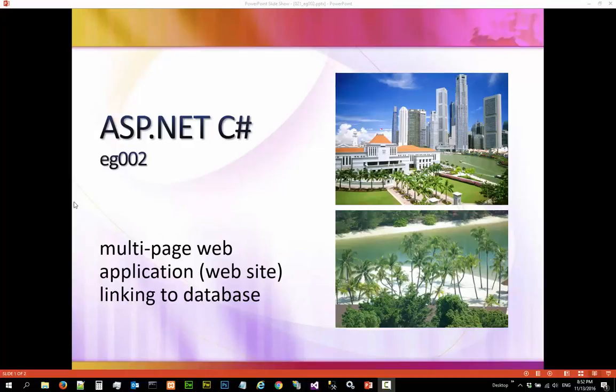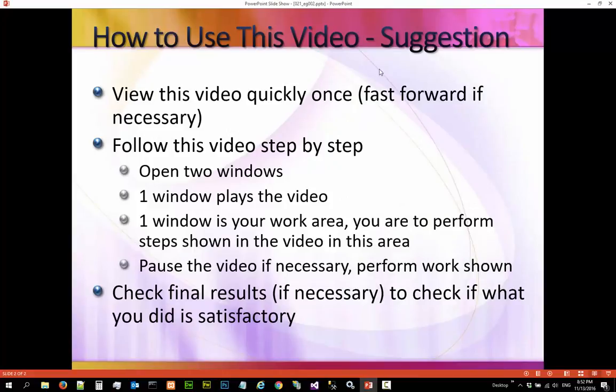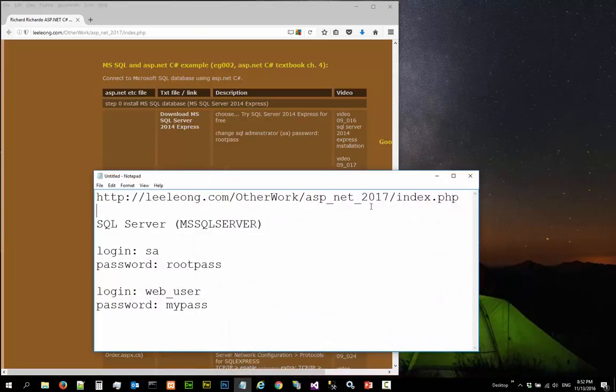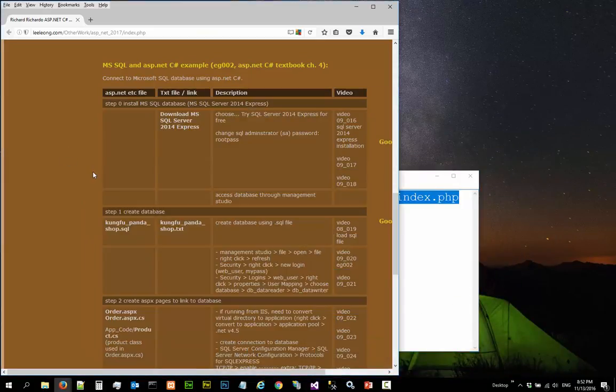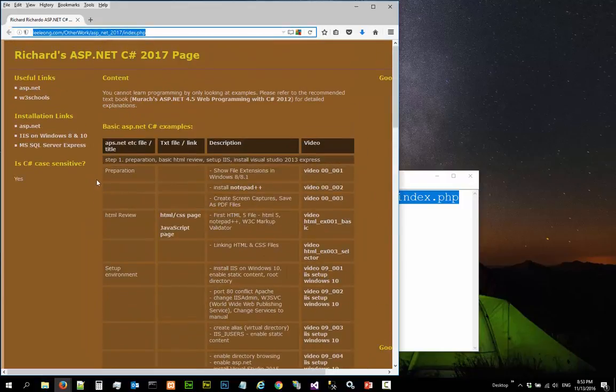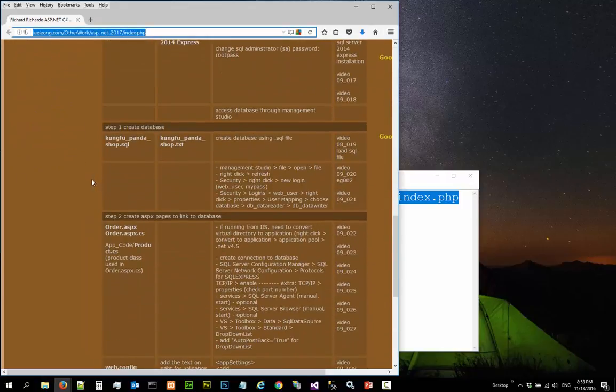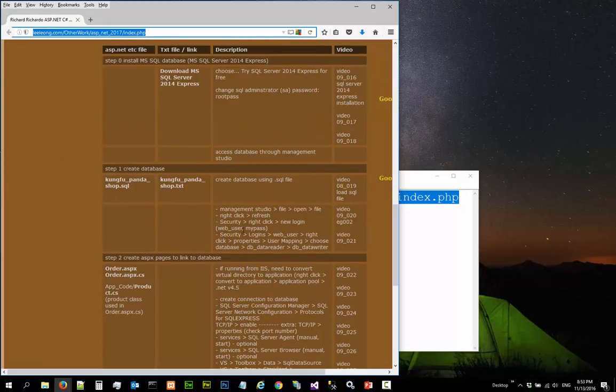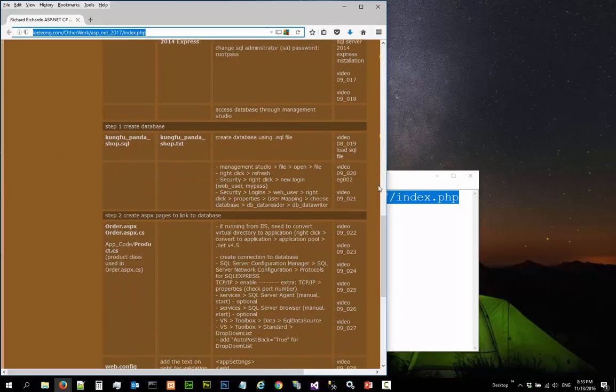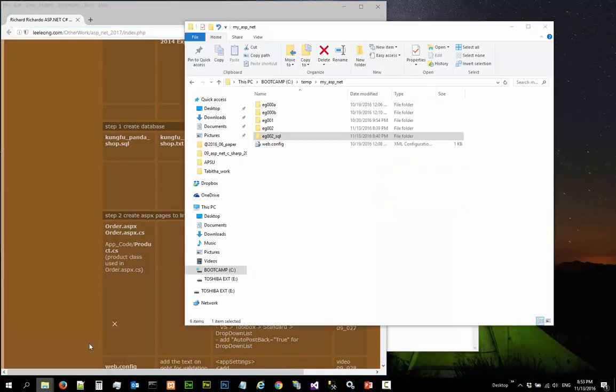Hi, in this video we're going to continue the creation of the multi-page web application eg002. This is a list of suggestions how you should use this video. The notes for this video can be found here, which is loaded here. So if you go to this page and scroll down, we are somewhere here. Okay, so now in C10